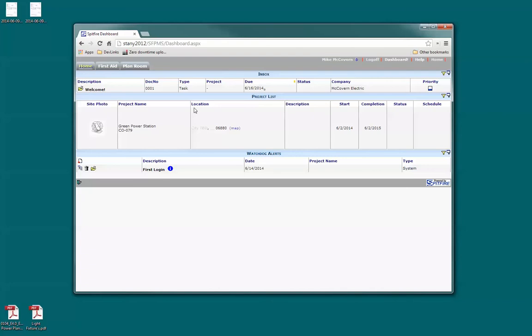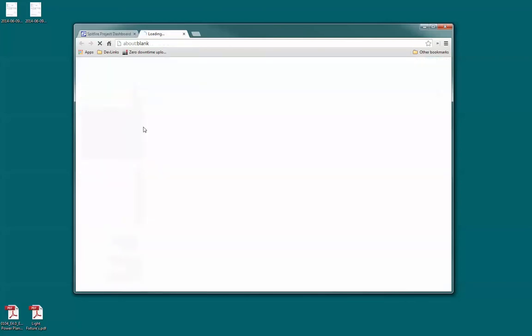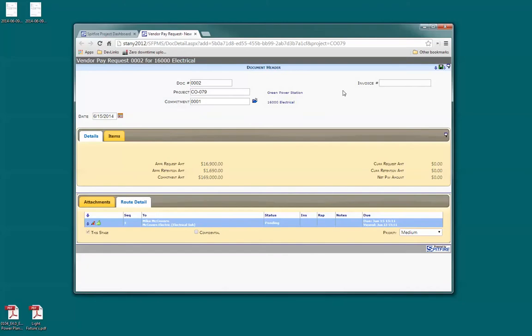He doesn't have nearly as many things going on. He does have access to the plan room. And let's go to the project dashboard. And again, he has very little on his project dashboard, but he can do vendor payment requests, so he'll create one. Creates a nice new tab. He has less fields, but he does need to